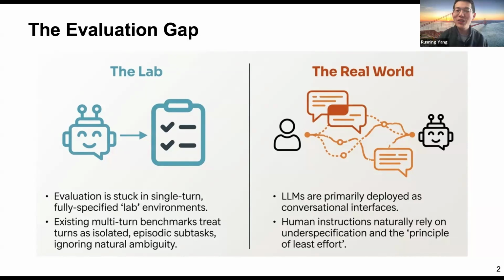Modern language models like ChatGPT or Gemini or Claude are fundamentally conversational systems that are being used in our daily lives. But during their development, they are mainly evaluated on benchmarks. By the time this paper was published, there were not many multi-turn benchmarks. Language models were mostly evaluated on single-turn and fully